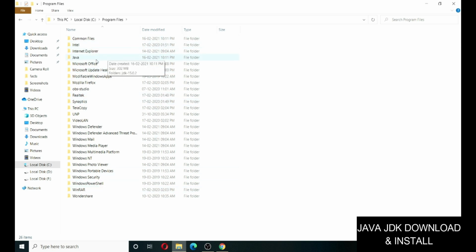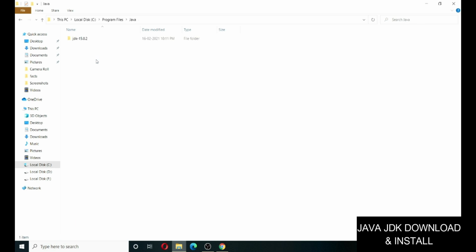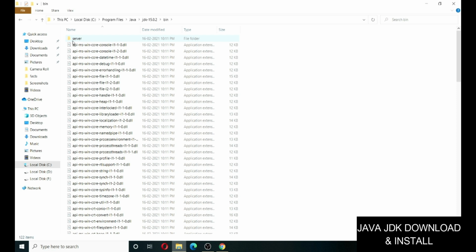Inside Java, you can see JDK 15.0.2 and this is the version that has been installed on your computer. So I'll just click on this. A very important folder here is the bin folder. So click on this bin folder. All the Java related files will be in this bin folder.